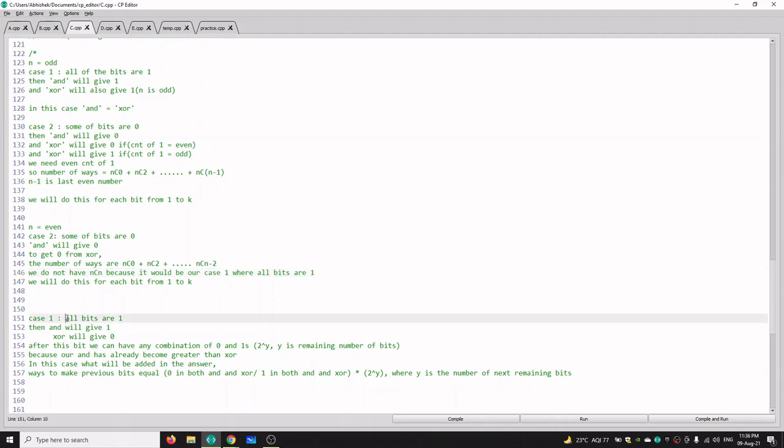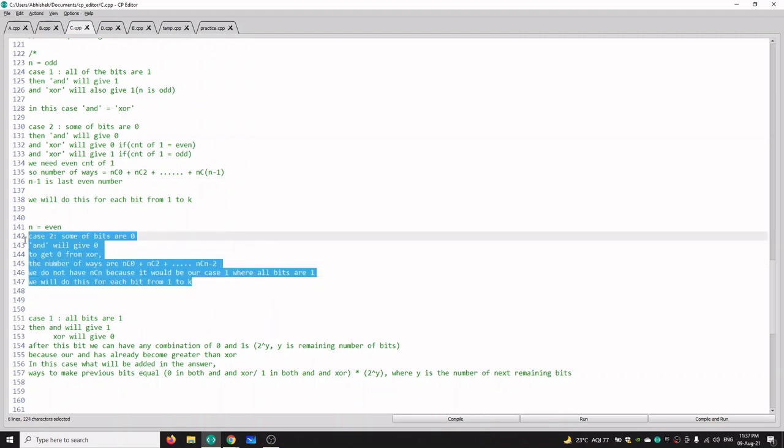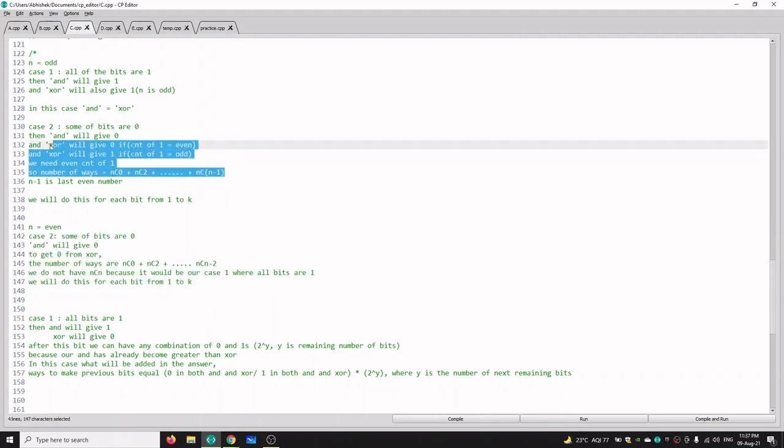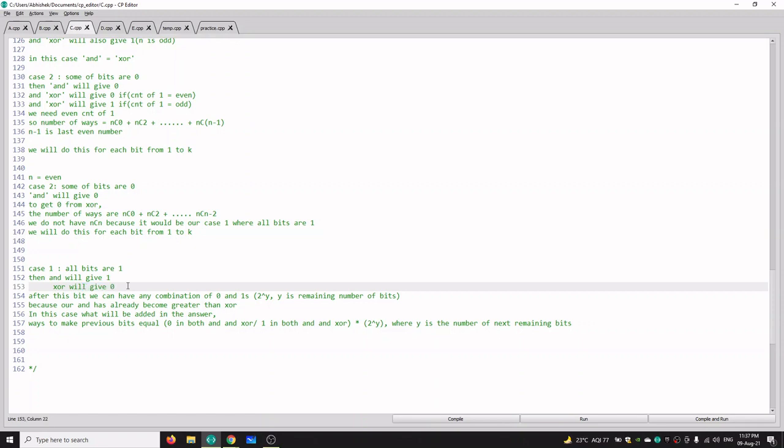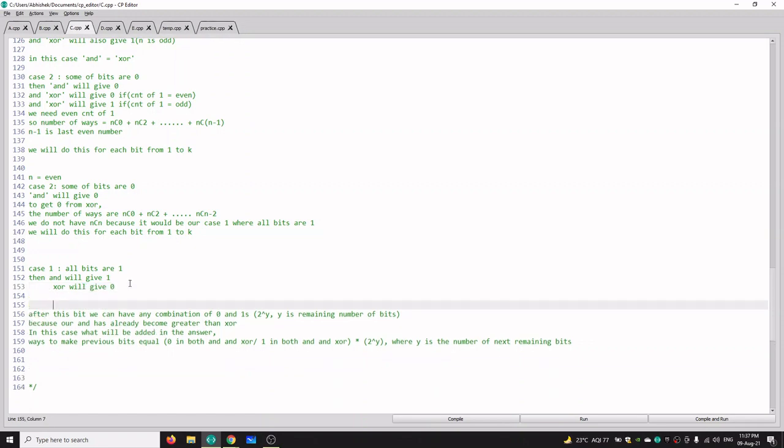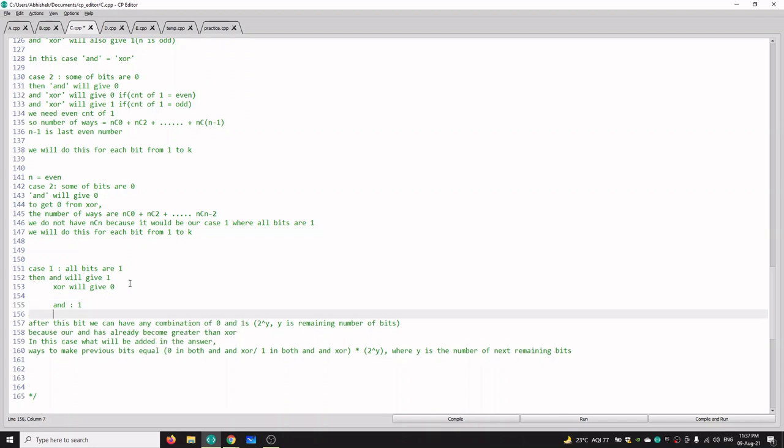So case 1 is all bits are 1, so we will handle this case later. Up to this point it is similar to the odd value case, and our next case is where all the bits are 1. So our AND will give us 1 and our XOR will give us 0. Let's say our AND bit is 1 and our XOR bit is 0.